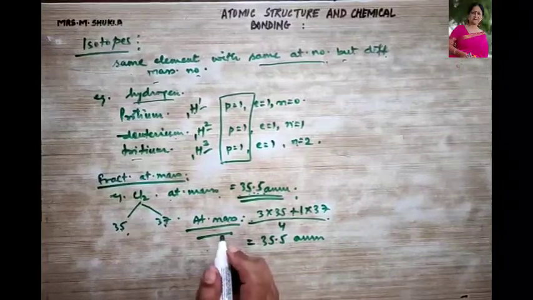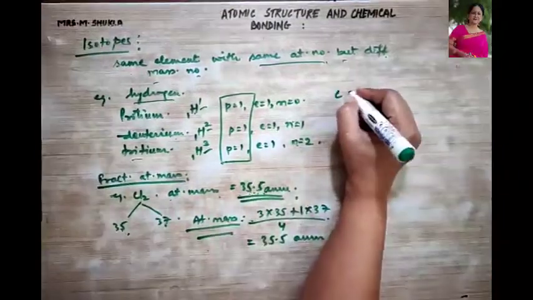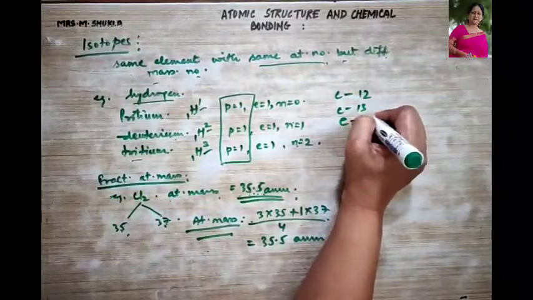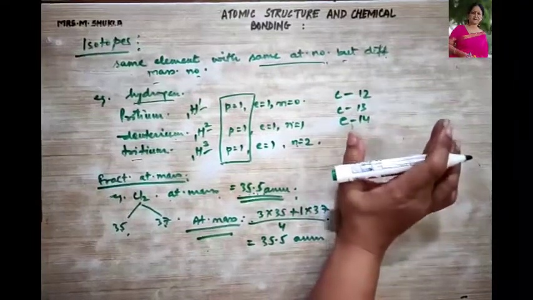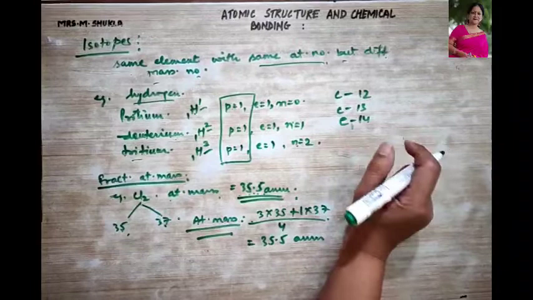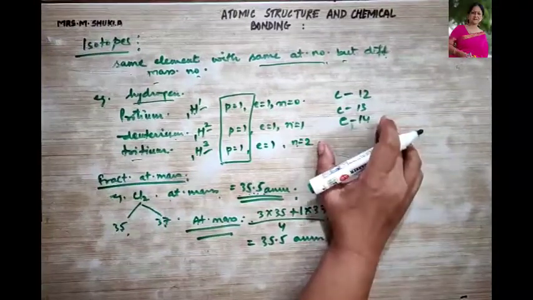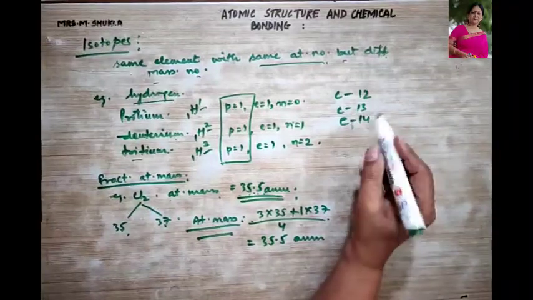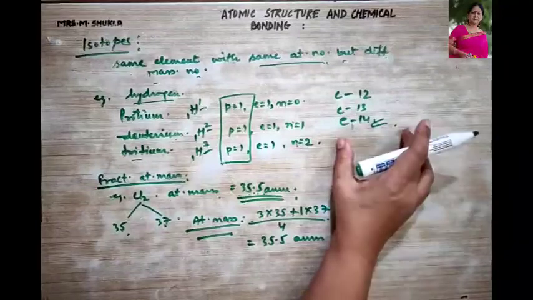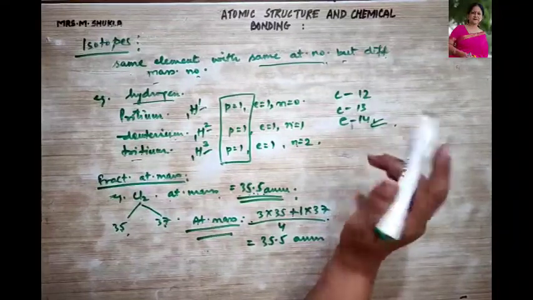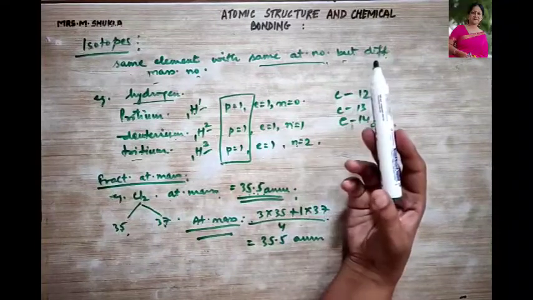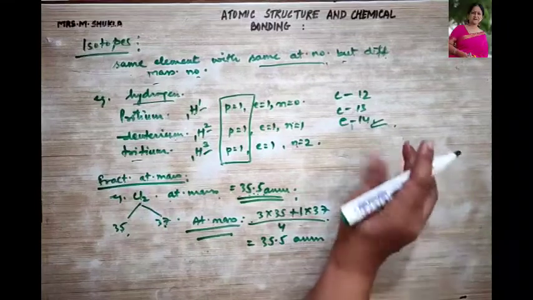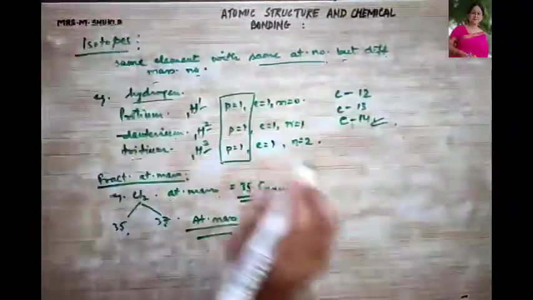Similarly, carbon also has 3 isotopes. What are the 3 isotopes of carbon? They are carbon 12, carbon 13 and carbon 14. Now what are the uses of isotopes? These isotopes are radioactive in nature and they are used for treating cancer and other diseases. For example, C14 is used for determining the ages of fossils. Even the isotopes of hydrogen, oxygen, nitrogen are employed for studying the mechanisms of organic reactions. Clear? This was all about isotopes.